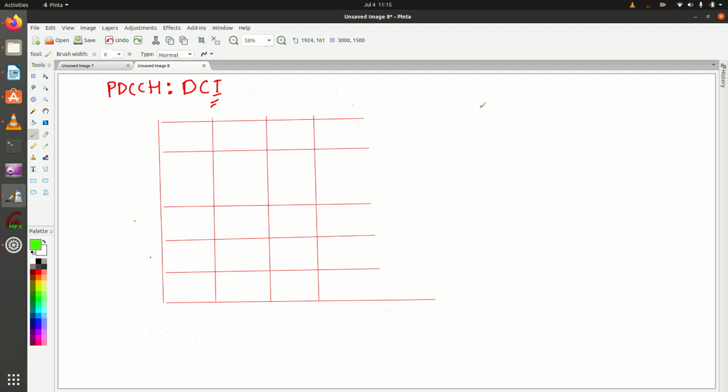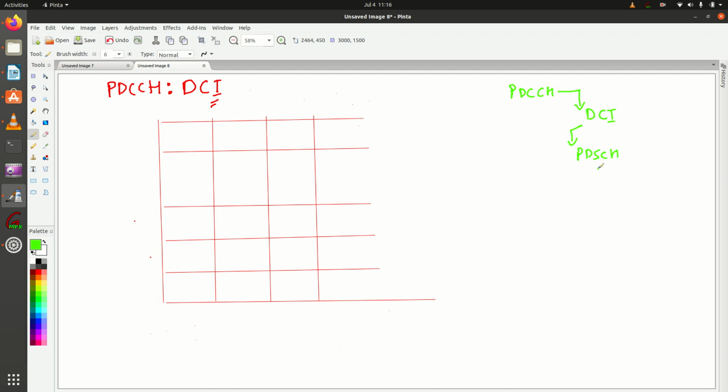So let's review what we have learned in the last lecture of PDCCH. We have learned about channel mappings, and we have seen that first the UE has to decode the PDCCH channel. After decoding the PDCCH channel, the UE will find the DCI, and the DCI will provide information to the UE that you have to go to a particular PRB and read your PDSCH. So you will finally read the PDSCH and check what kind of information is present in it.